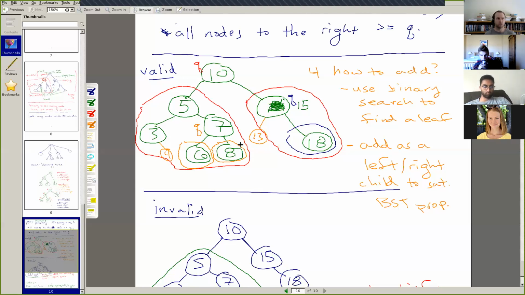There are many specific types of binary search trees. Some allow duplicates, some do not allow duplicates. In your homework assignment, you're allowed to do it either way, either allowing a duplicate or not allowing a duplicate. The easiest thing to do is to just not allow duplicates. And in that case, if in this step right here, you actually found the number that you were looking for, then you just do nothing.